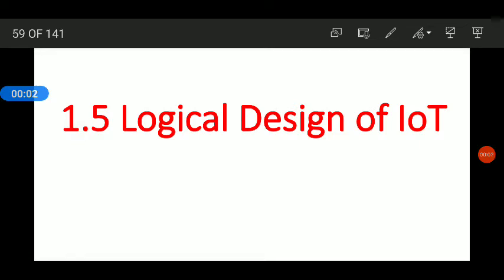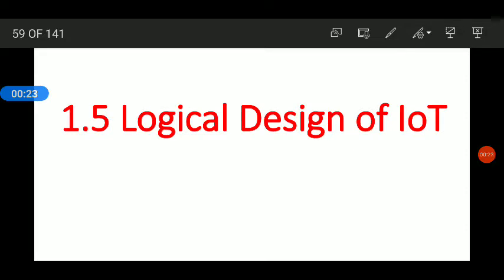Okay. So in the last lecture we discussed the physical design of IoT. Now we are going to focus on the next part, called the logical design of IoT. So what does the logical design of IoT actually mean? It is nothing but an abstract representation of entities and processes without going into the low level specification of